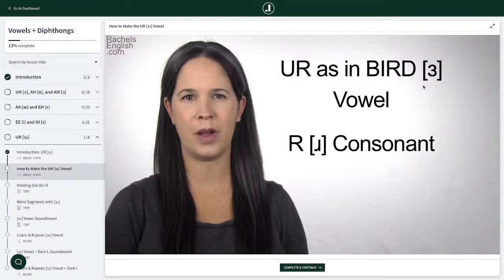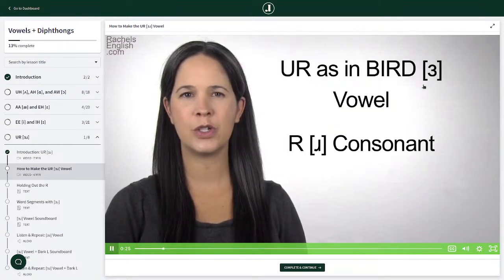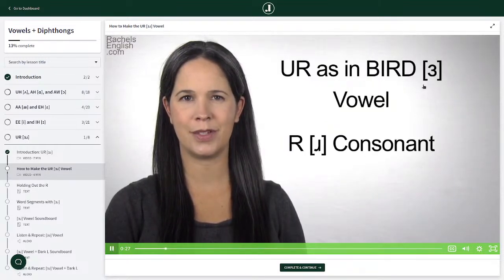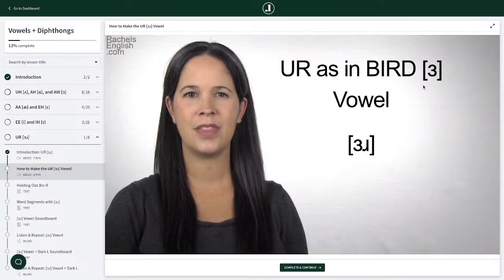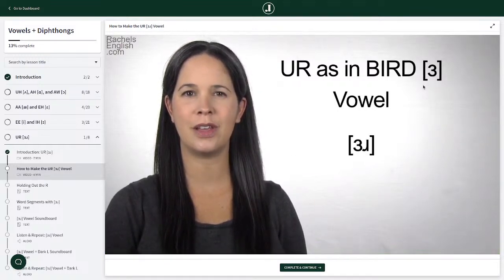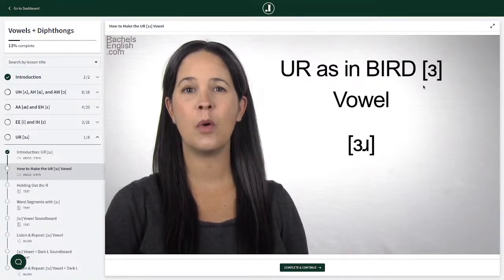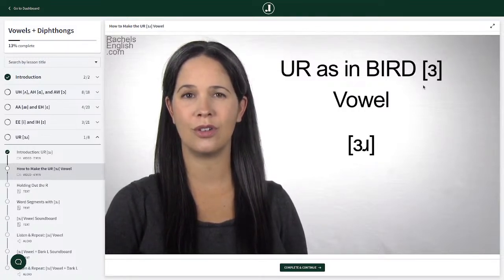It's always followed by R. And there's no distinction between the sounds in American English. This sound will always be written with two different International Phonetic Alphabet, or IPA, symbols, but will be pronounced just